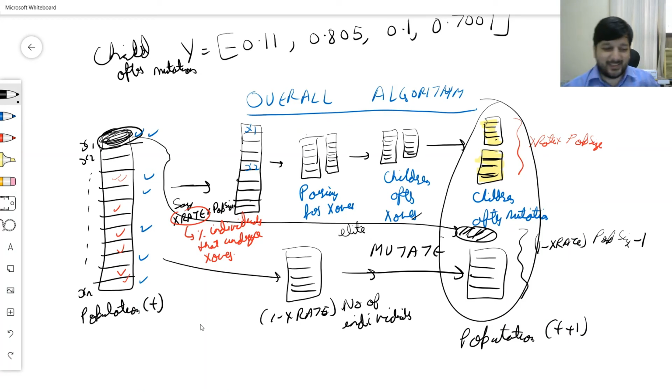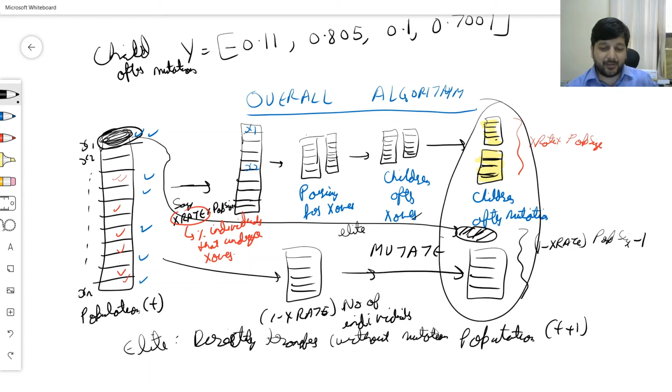So elite is directly transferred without mutation, no error, best k individuals from old to new population.